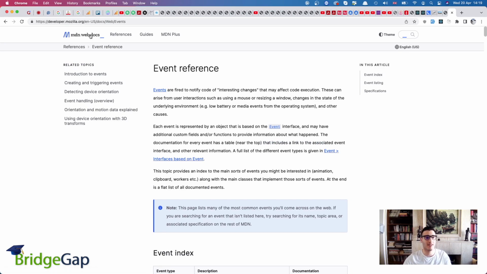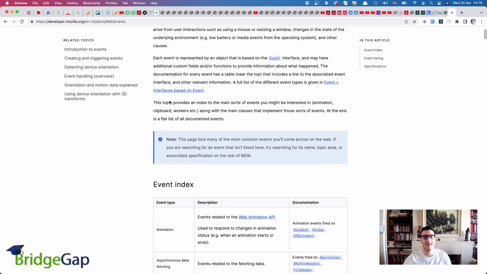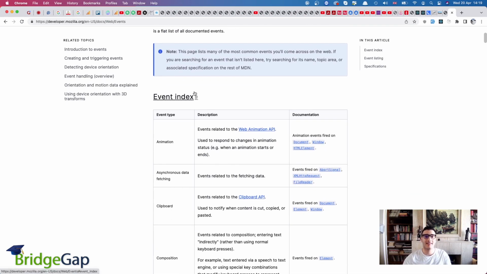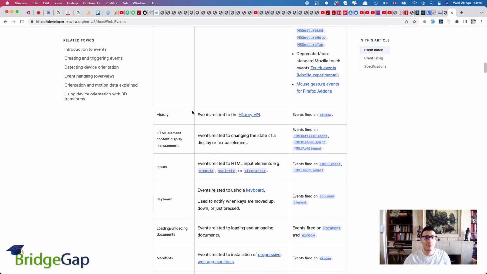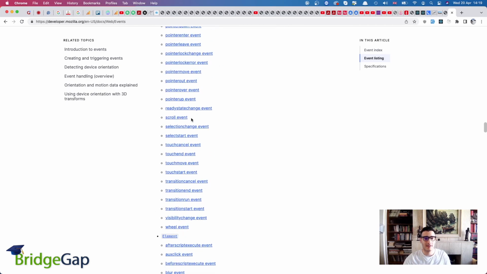So this is MDN Web Docs developed by Mozilla. It's the best documentation for JavaScript. Everything is explained with examples, which you can copy and paste to your document and then run them to see all the results by yourself. So we're going to scroll all the way down and see all the events